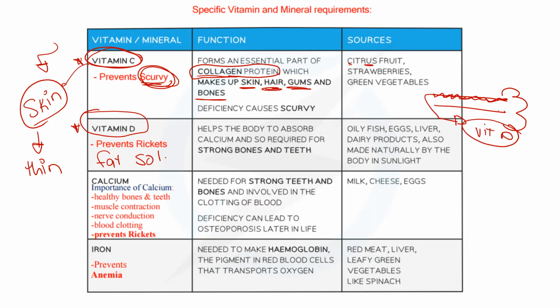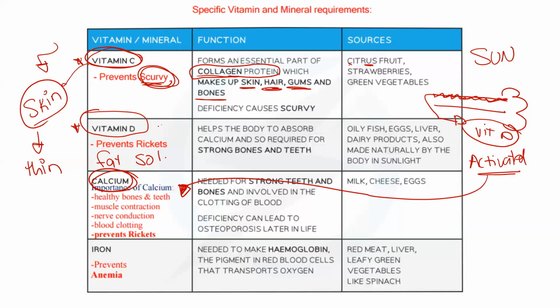This vitamin D, when you are exposed to the sun, it will become activated. And the activation of vitamin D is very important because vitamin D helps in the absorption of what? Calcium. Yes. Calcium is very important for the bones and for your teeth. So vitamin D and calcium, they are friends because they both work together to make your teeth and your bones very, very strong.